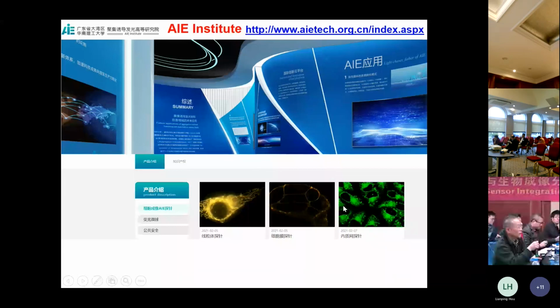Great, great. When you say nanoparticle, how large is the diameter? It depends on your request. The particle size can be 100 or 200 nanometers. It could be smaller. It could be bigger. It depends on your request.